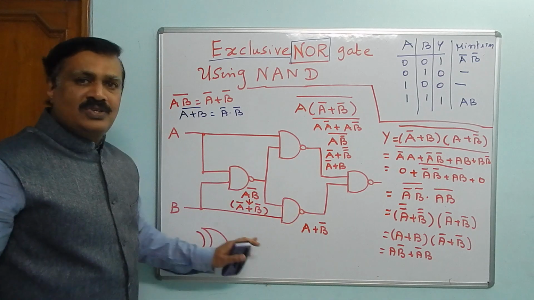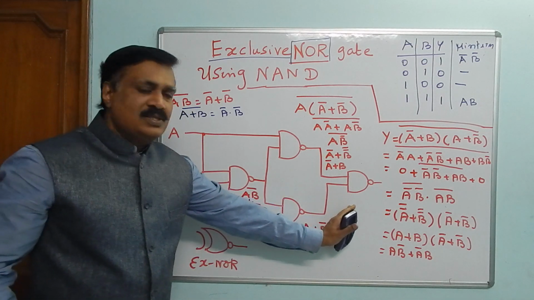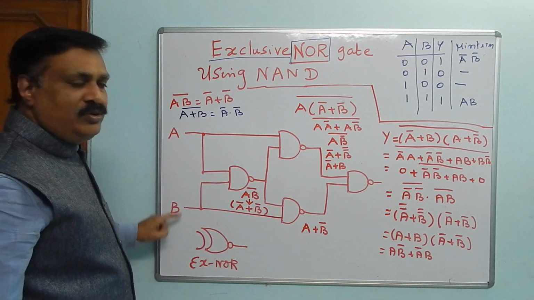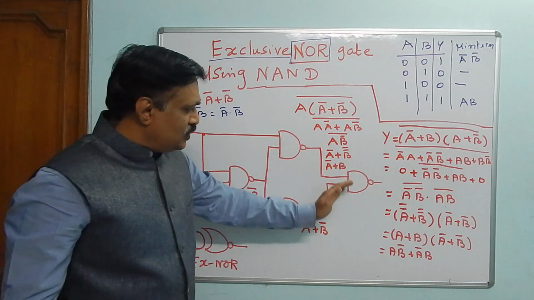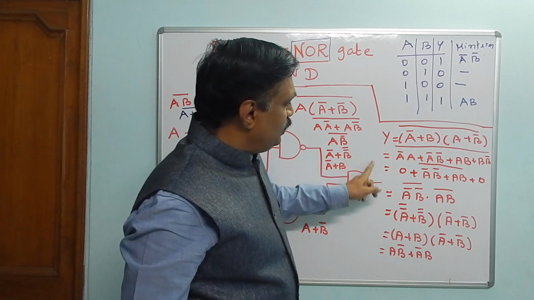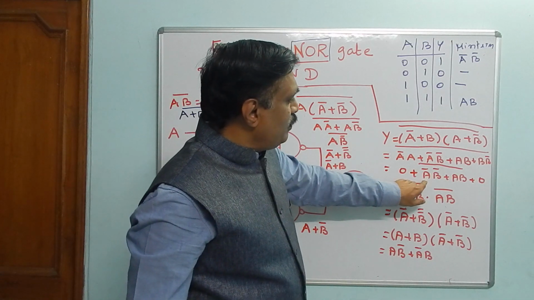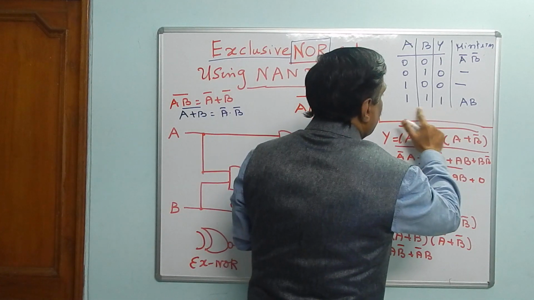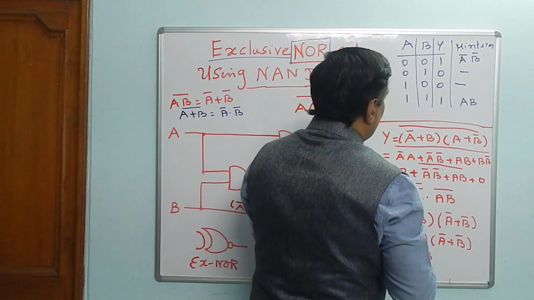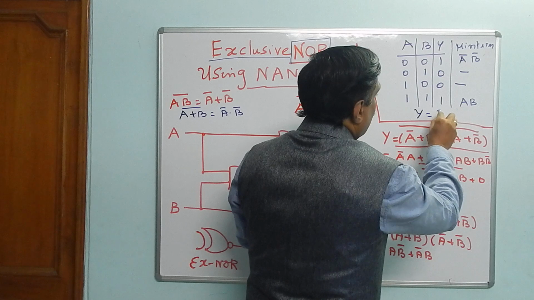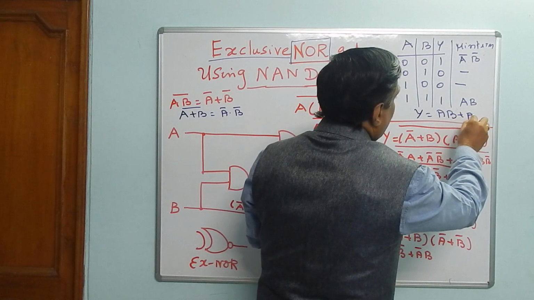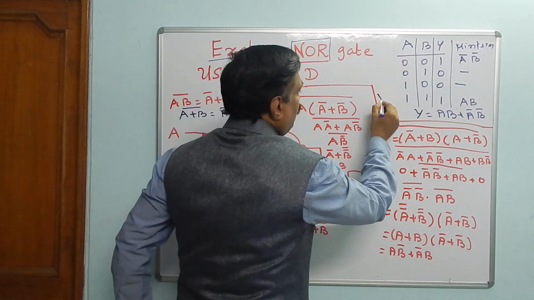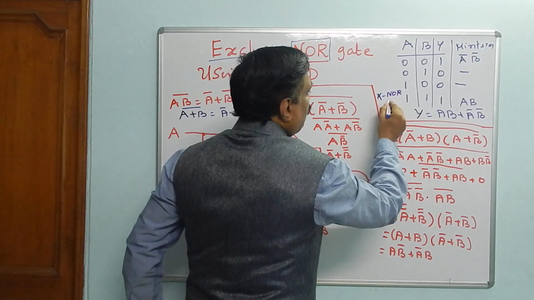Now the same gate is used, but we are adding something here. Let us see what we are adding. You are giving two inputs A and B, and this is same. See this expression. Here you are getting A bar B bar. That means what equation you want? You want the equation Y equals AB plus A bar B bar. This is the XNOR equation.